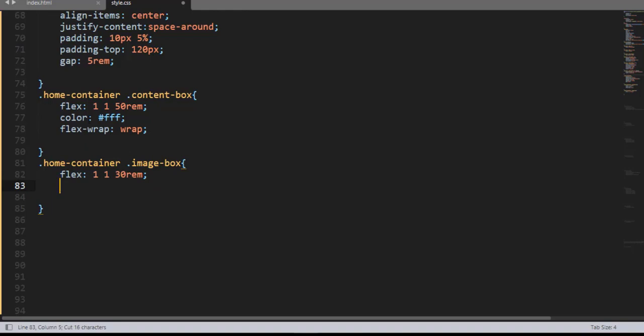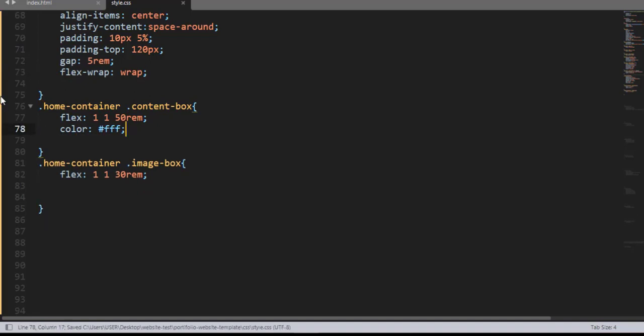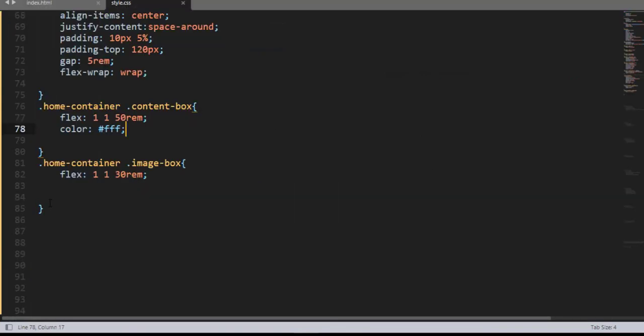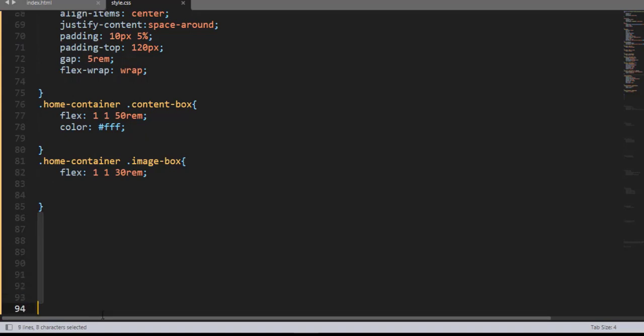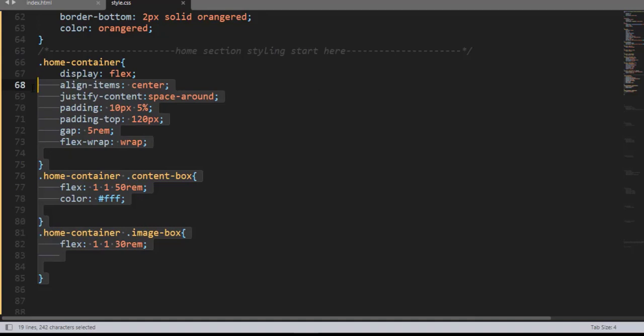So now here we have the flex grow and flex shrink and then flex wrap, flex basis having 30 rem. So now come over here and then here we have right image box. And now let me style this image. So in order to style this image, what we are going to do is using this class selector